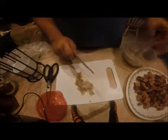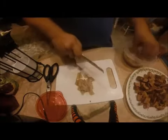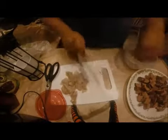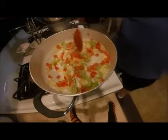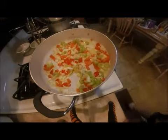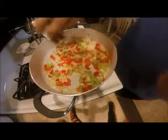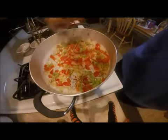While those vegetables are cooking down, it's time to pay some attention to the star of the show. Take your bluegill fillets and chop into bite-sized chunks. Add a tablespoon of Hungarian paprika,